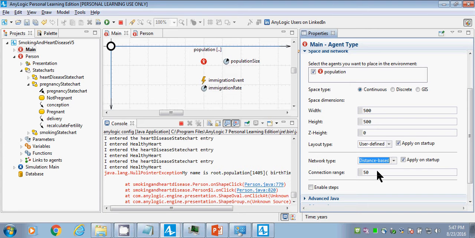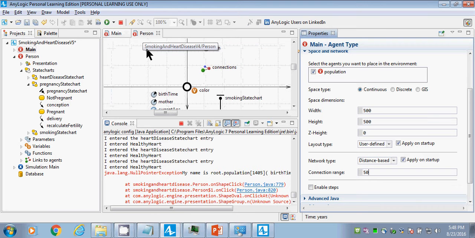You'll notice people are now connected together. Do you see that? In networks. So we have people connected to people nearby them. In other words, if any two people are within a distance of 50 from each other, it'll connect them. Otherwise, it won't. So, does that automatically